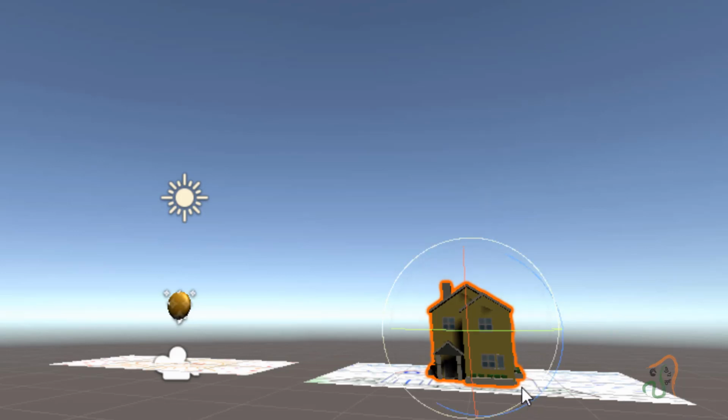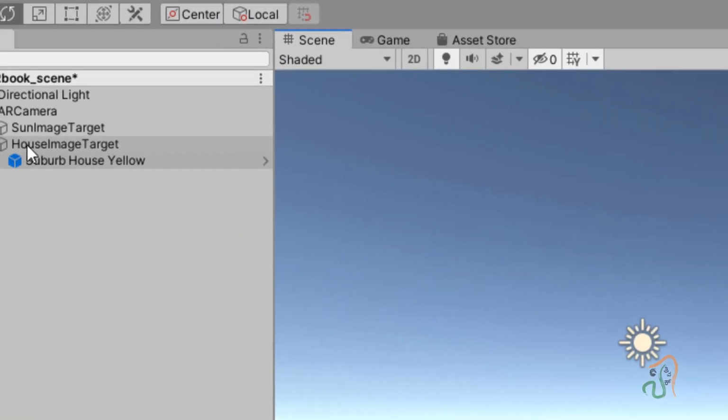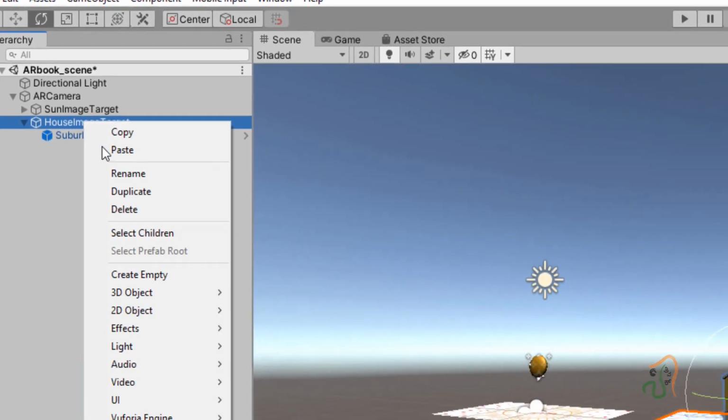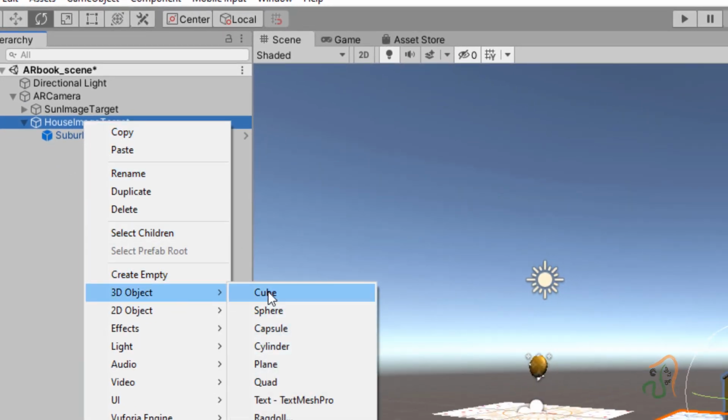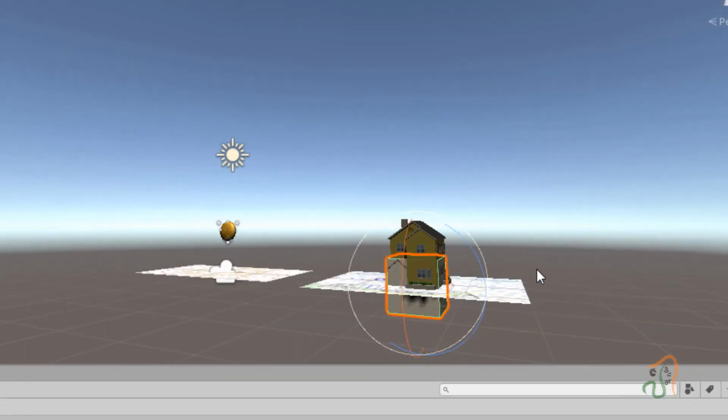To add the ground, come back to your main asset here, that is the house image target, right click, and in 3D object let us add a cube. Once we add a cube, you can see the cube added over here.